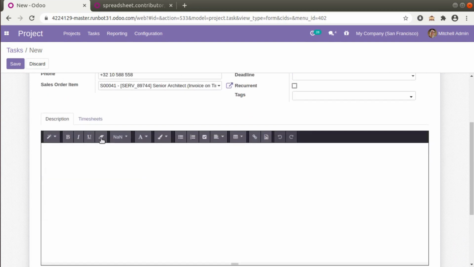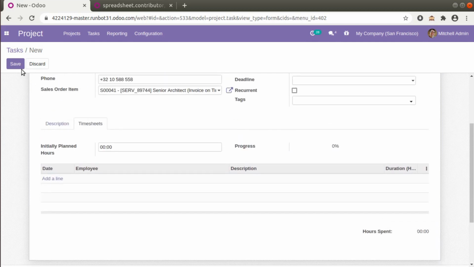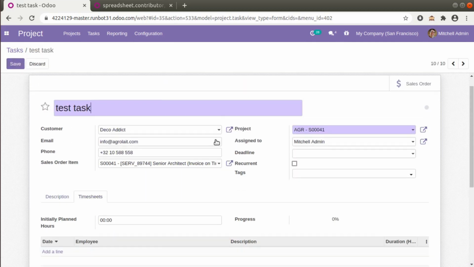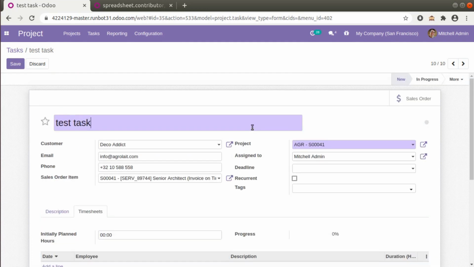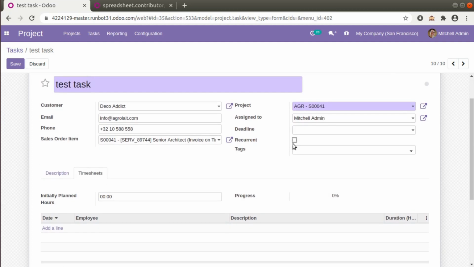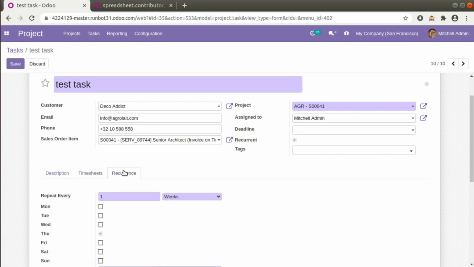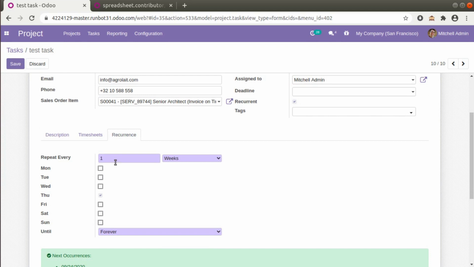Once that is chosen and I click on the save button, here you can see we have a boolean for whether this task should be recurrent or not. First of all we have to tick that, that is, this is a recurrent task. On ticking this you can see a new tab has become visible. If I untick this, it becomes invisible. I'll tick this so that the tab is available, and here we can specify in which interval this task has to be created again, that is repeat every week, every day. We have four options: days, weeks, months and years.